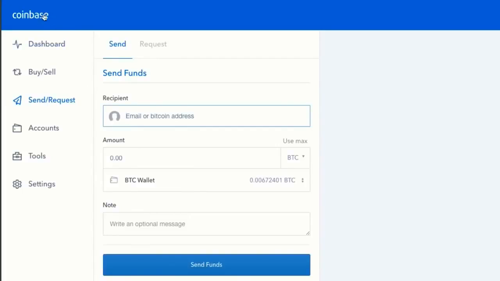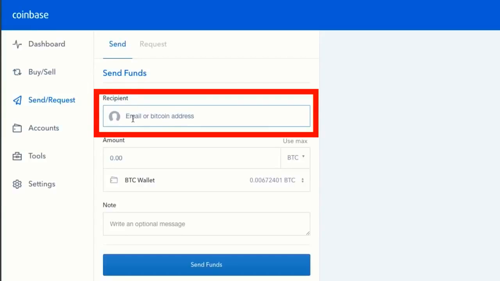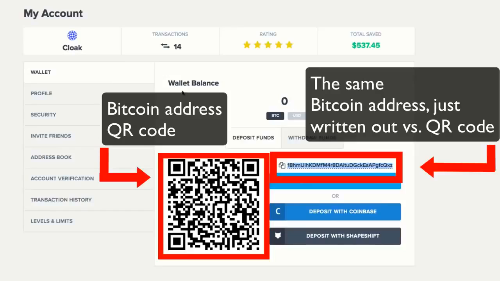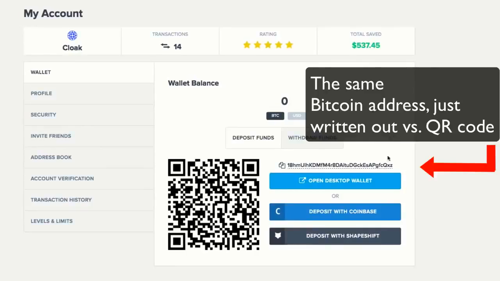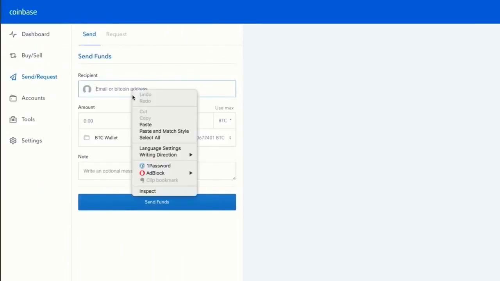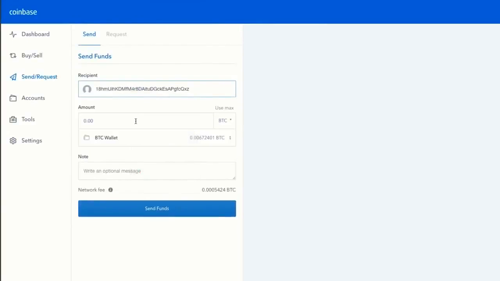So all you have to do in Coinbase is go down to Send/Receive. You see that I have Send right now. All I need to do is find someone's Bitcoin address. So in this case, I've pulled up an account that shows a Pay To address. So this is what a Bitcoin payment wallet address looks like. So you can either just copy these letters. This is the Bitcoin address. Think of this as like the phone number or the email. All I have to do is just copy that, paste it right here into recipient,